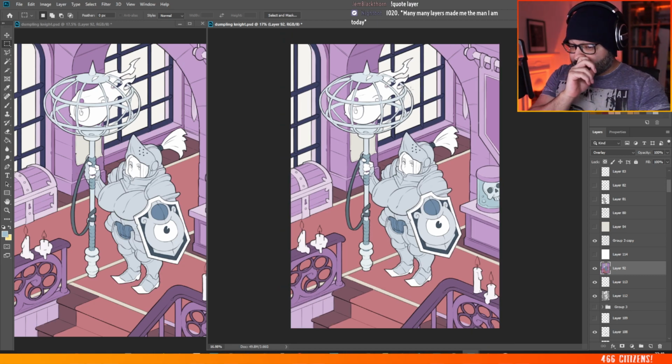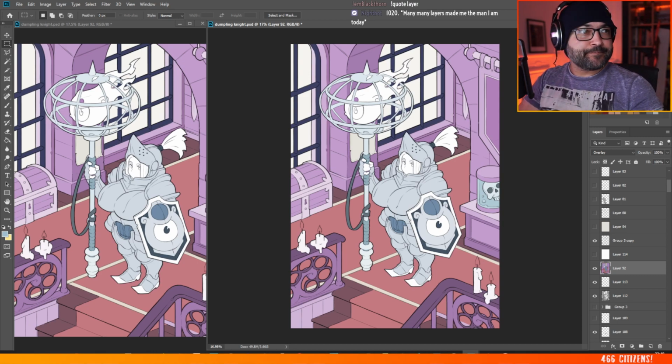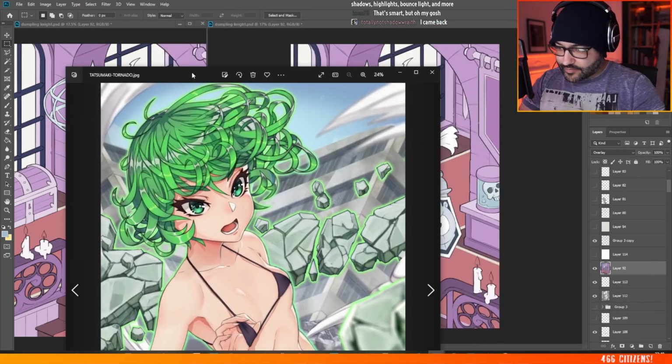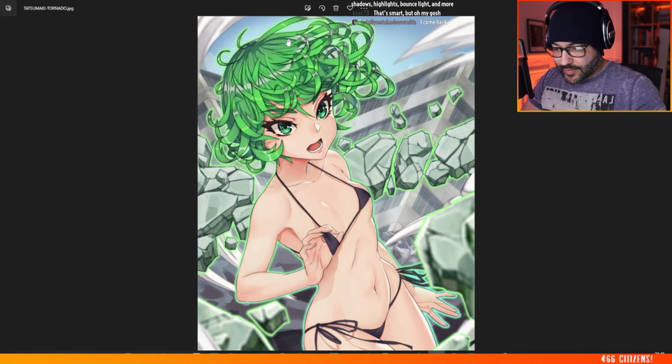I haven't had to do it for this because this is isometric, but if I'm doing a character with endless amounts of locks and flows of hair... Yo, I'll show you, where's my Tatsumaki? A really long time ago, I did Tatsumaki from One Punch Man. One Punch! And all the curls of her hair were like a new layer for every single line just to make it all work out in the end. Okay, here we go. So here's your girl Tatsu doing her thing. But if we go in here...